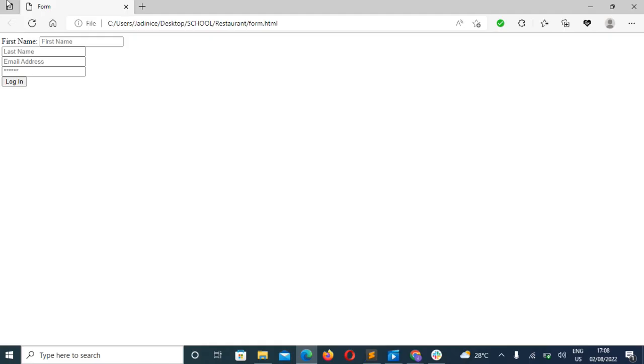So when we save our work, we can see first name, last name, email, password, and login. All of this is what makes a form, and we've seen it. So it's a choice to either write the first name, last name, email labels, or you can use the placeholder, or you can, as this one shows, use both of them and then log in.